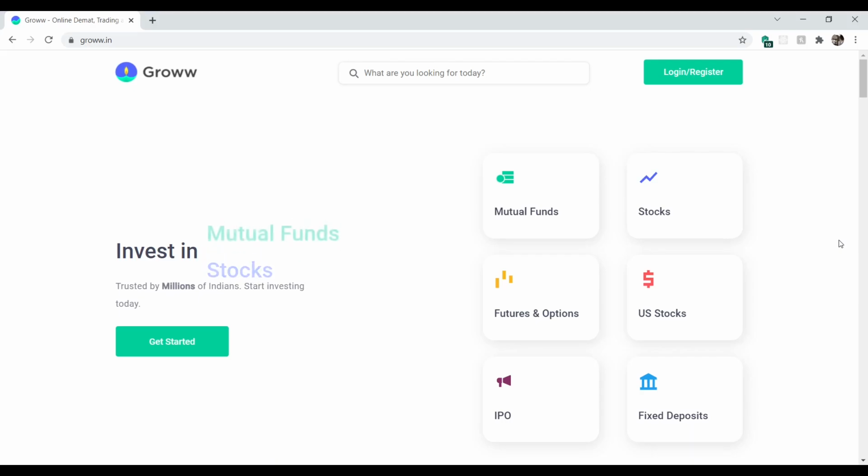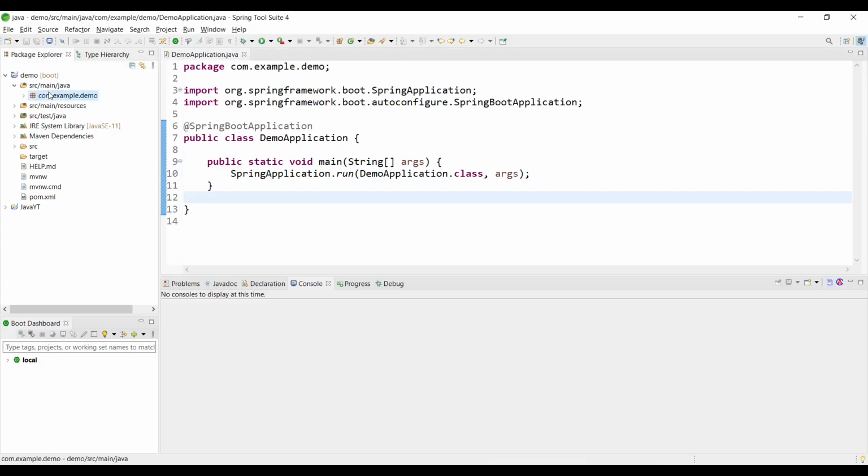You can just create a scheduler that will run at 12 a.m. or whatever time you want, and that will perform some business logic like getting into the database, fetching the data, and then sending users some mail. So this is one such example of a scheduler. So let's start with the @Scheduled annotation.